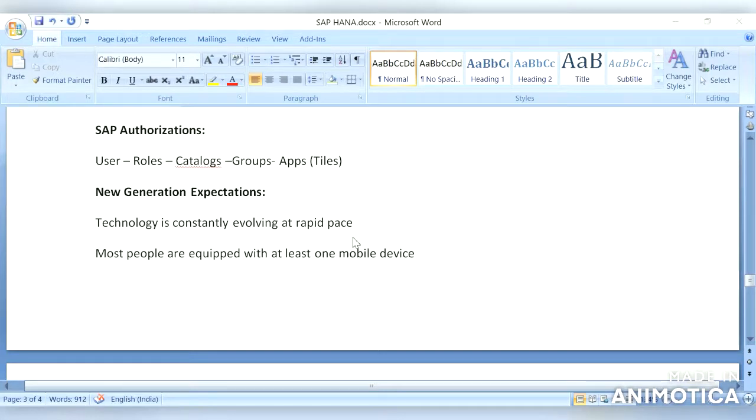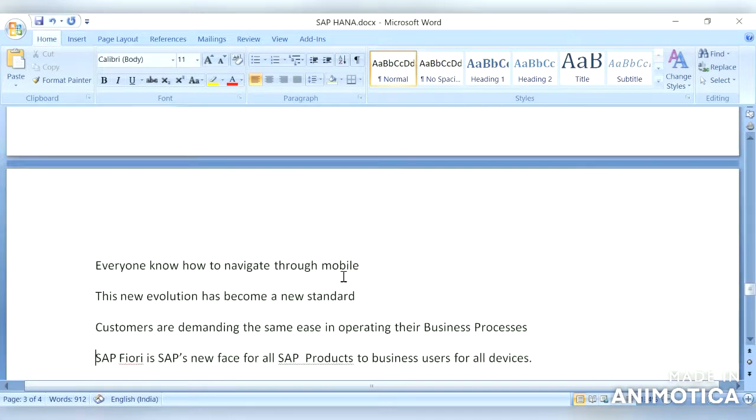We know that each and every one has 2 or 3 mobile devices, but at least one is available with each person. So everyone knows how to navigate through mobile. This new evolution has become a new standard,